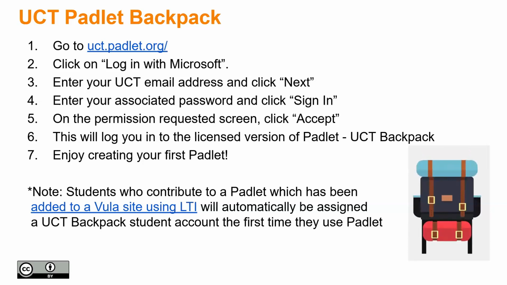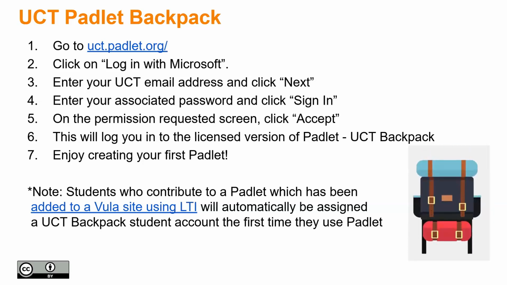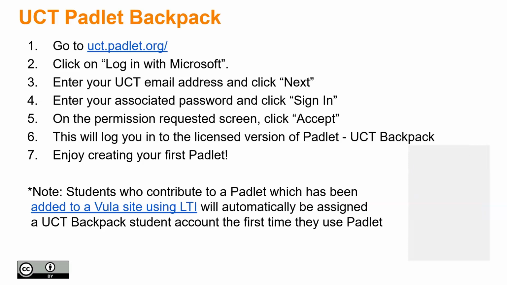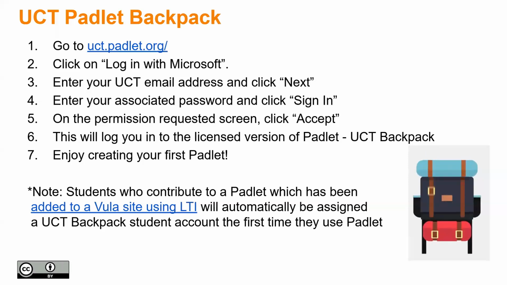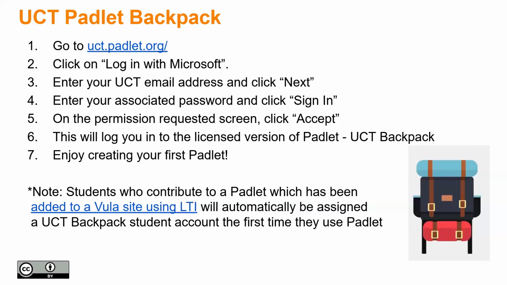Some of you that have used Padlet before may have used it in your own individual private capacity, and that is probably a free version. With the free version, you do get all the functionality. The only constraint and limitation is the number of Padlets that you can actually create at one time. But with the UCT Backpack, which is a licensed version, there is no limit to the number of Padlets that you can create. So the way that you actually get a license is you go to